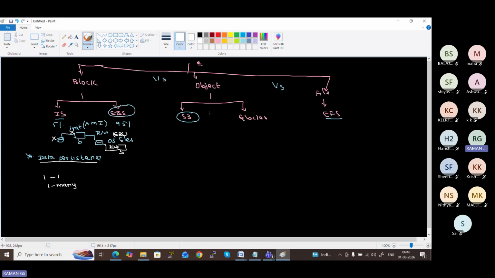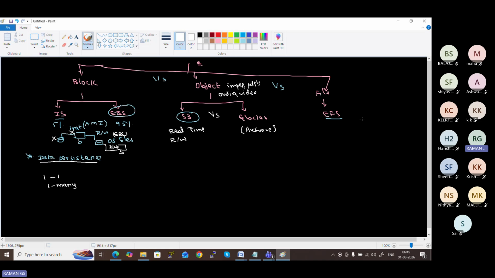In terms of object storage, S3 versus Glacier, both are used for storing audio, video, images, PDFs, etc. For storing all multimedia objects, both serve the same purpose. If your application needs real-time read and write, you need to go for S3. Glacier is for archive storage that we discussed, based upon compliances. If you want to maintain your data for a longer duration, you can go for Glacier.